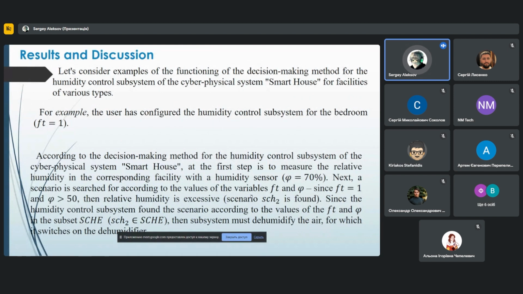Let's look at an example of the function of the decision-making method for the humidity control subsystem of the cyber-physical system smart house for facilities of various types. For example, the user has configured the humidity control subsystem for a bedroom, FT equals 1. According to the decision-making method for the humidity control subsystem in the cyber-physical system smart house, in the first step we measure the relative humidity in the corresponding facility with the humidity sensor Q